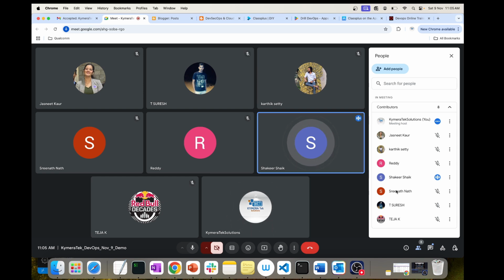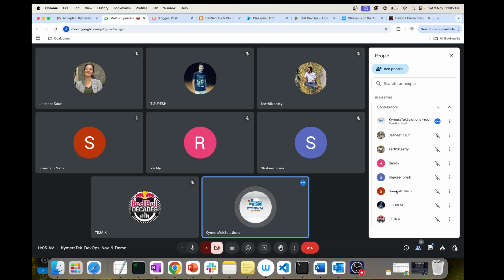Suppose we have multiple container applications, right? Yes. So if you are deploying, that depends on whether your application is microservice based architecture.